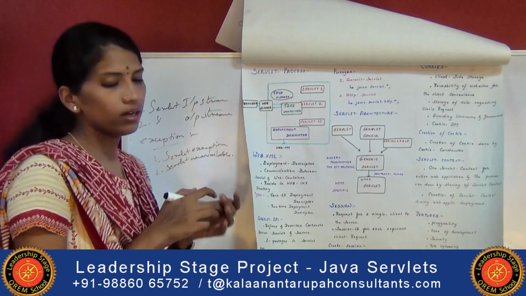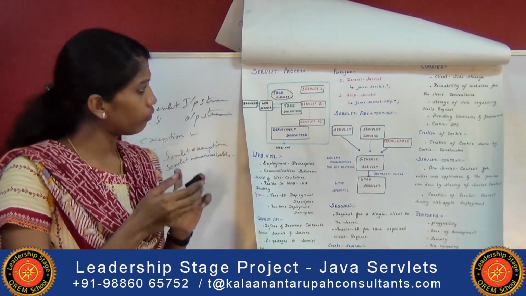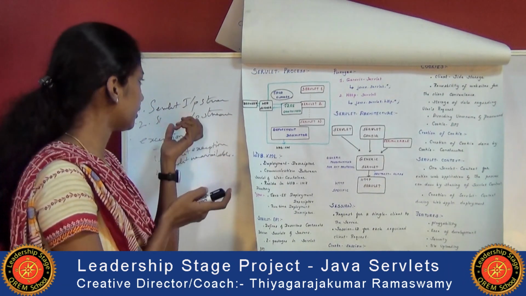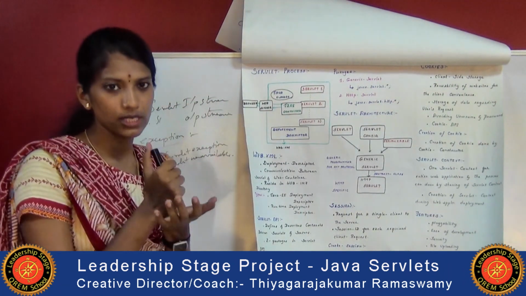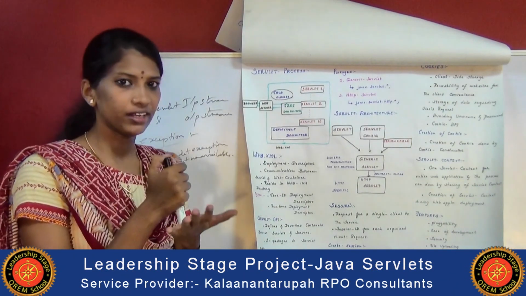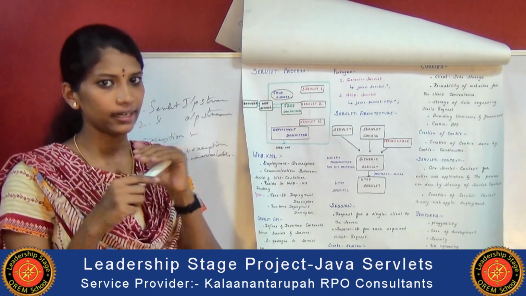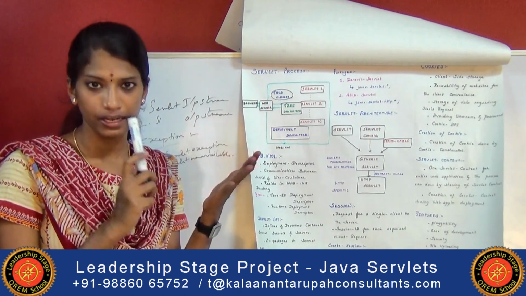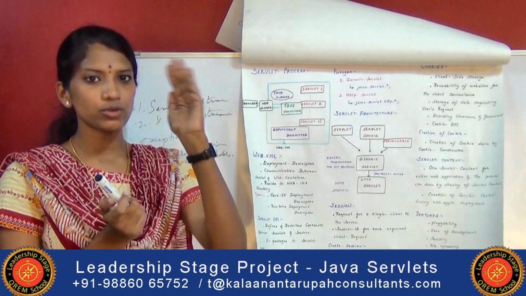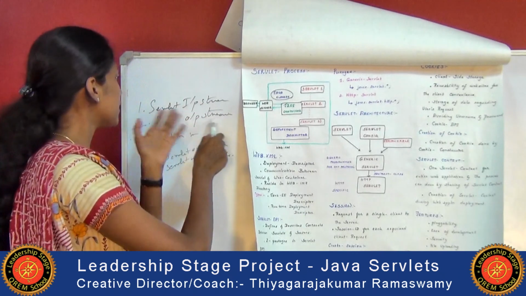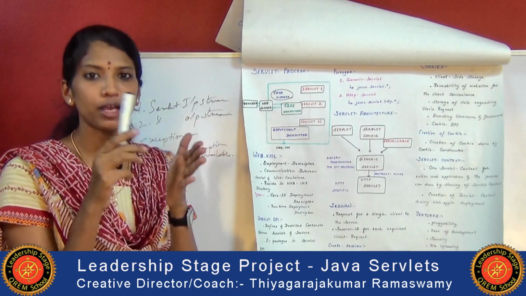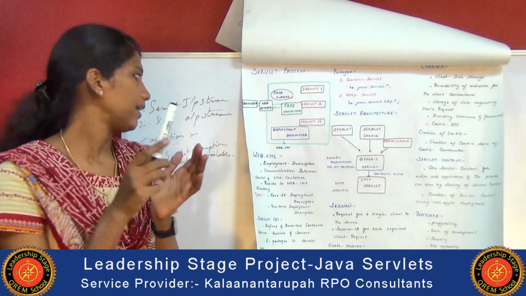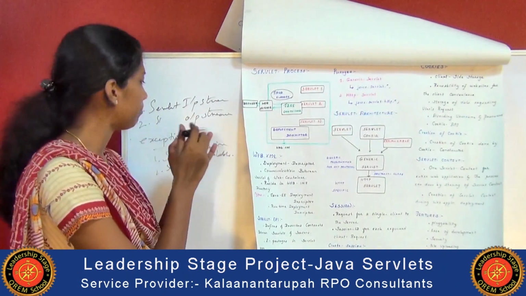Servlet input stream. In servlet we have two main important classes of input and output process, which play a vital role in the communication of client and server. The servlet input stream is implemented on the client side when the client request is sent to the server. The servlet output stream class is implemented during the generation of dynamic response to the client request. At that time the servlet output stream will be implemented.